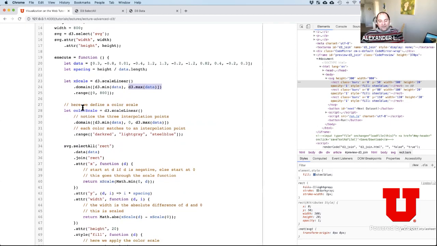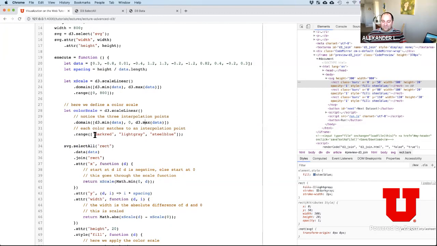Then I'm calling, here is where we define the color scale. And the color scale should also be linear. And here I'm setting my domain with an array of these 3 data elements. And notice here that I don't just say min and max, but I say min, 0, and max. And then I have my range, kind of like what I'm mapping to in screen coordinates or in screen